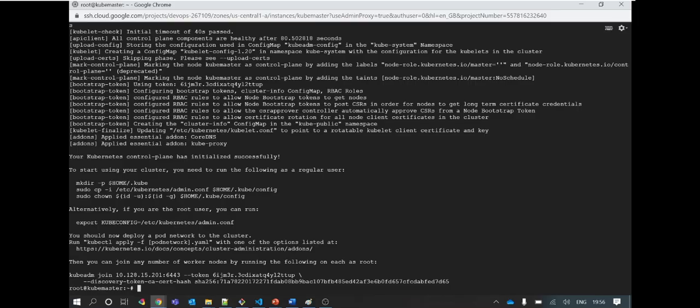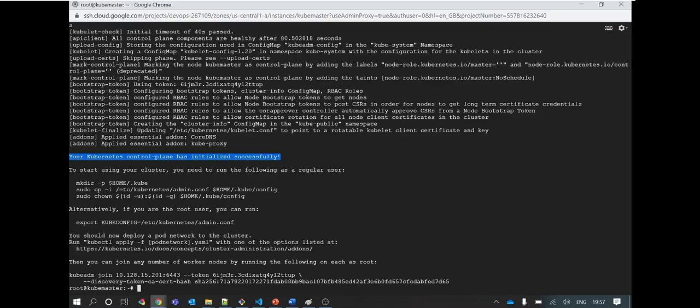So this way lots of actions were done and can be seen inside the log of the Kubernetes cluster initiation, and at the end you will see the message that your Kubernetes control plane has been initialized successfully. This is not the end.